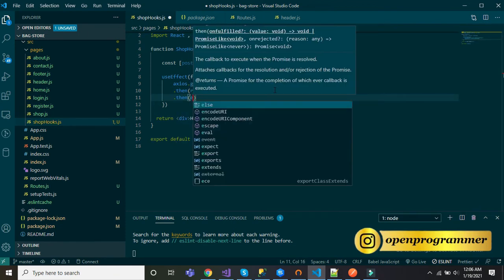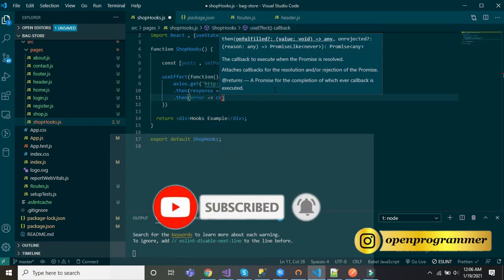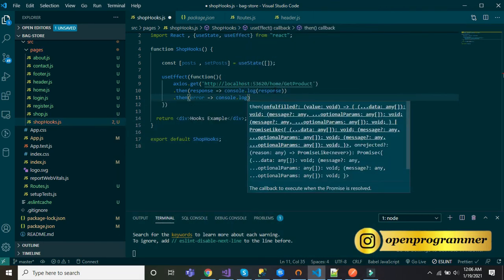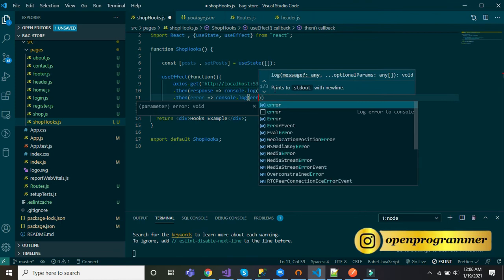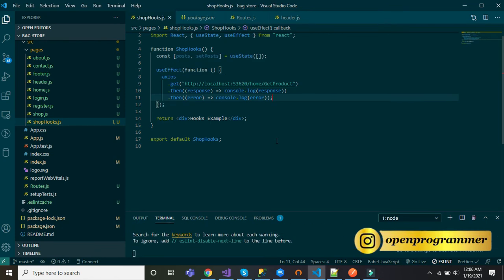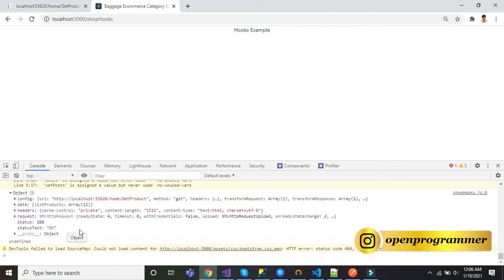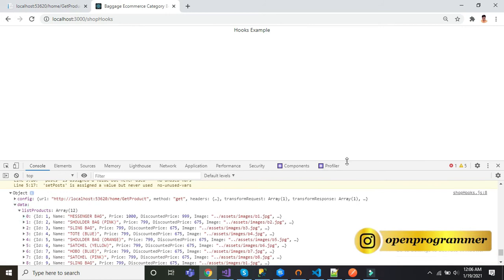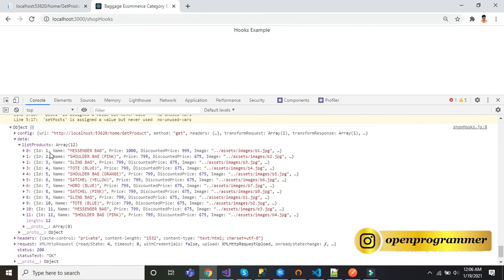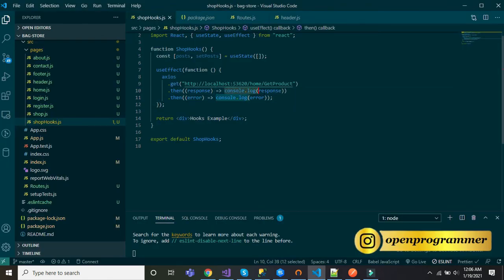In case of any error, let's log the error also. Let's save the file, go back to the browser, open the console. You can see we have an object, and inside this object we have a data tag. Inside the data we have our complete array of items. Perfect. Now let's remove the console.log.